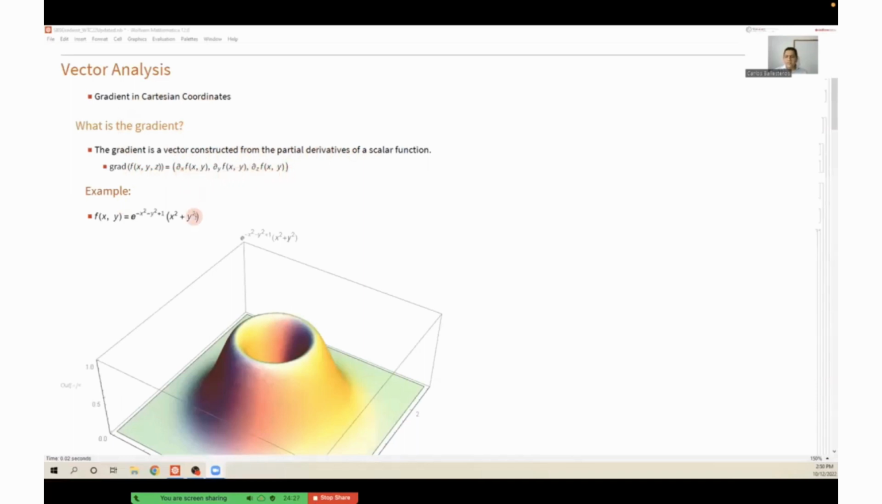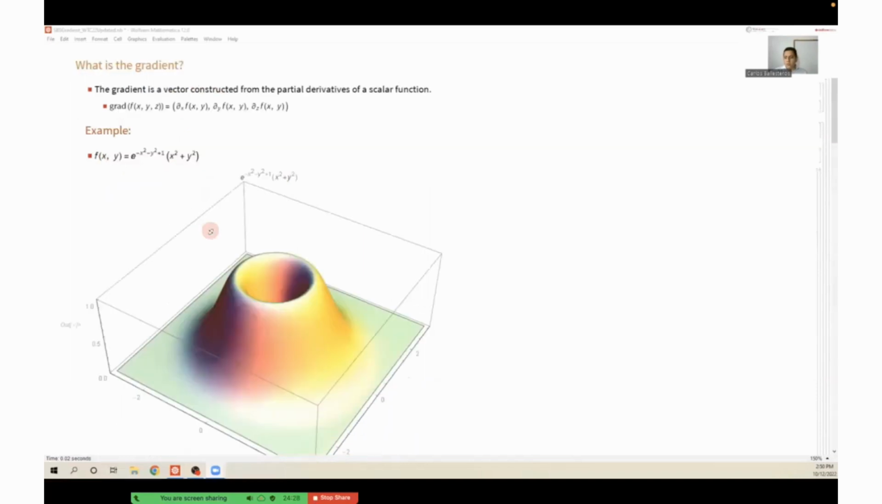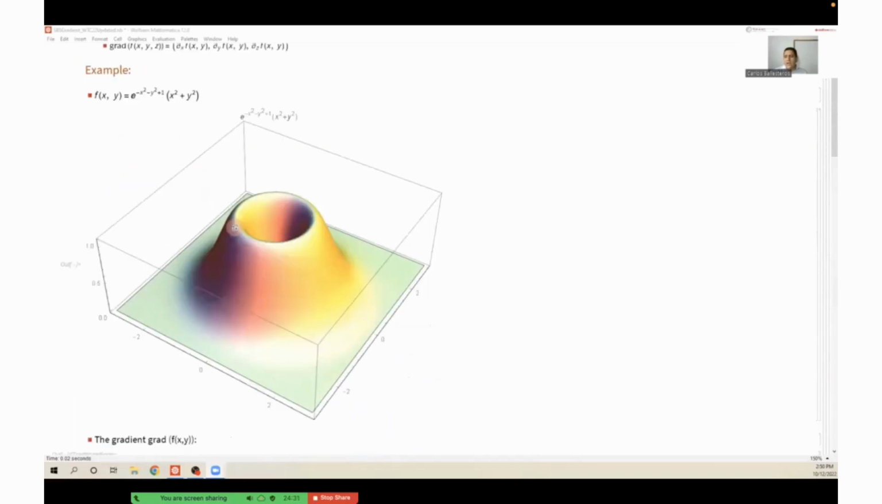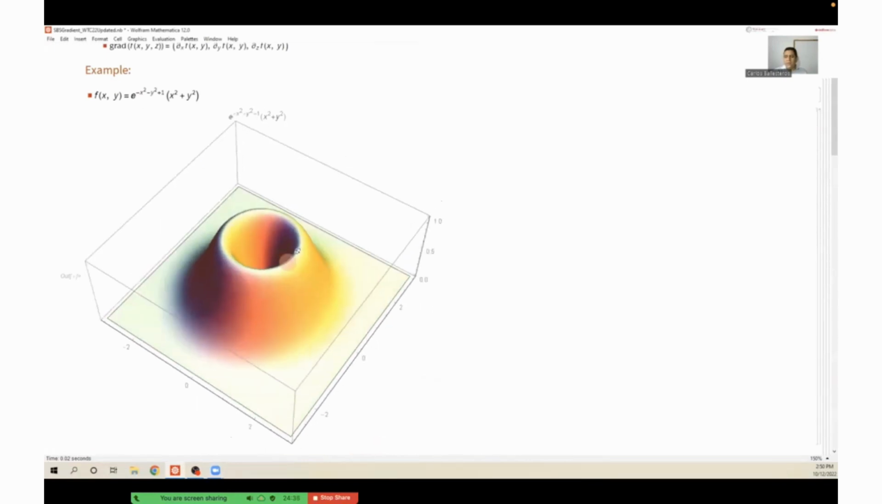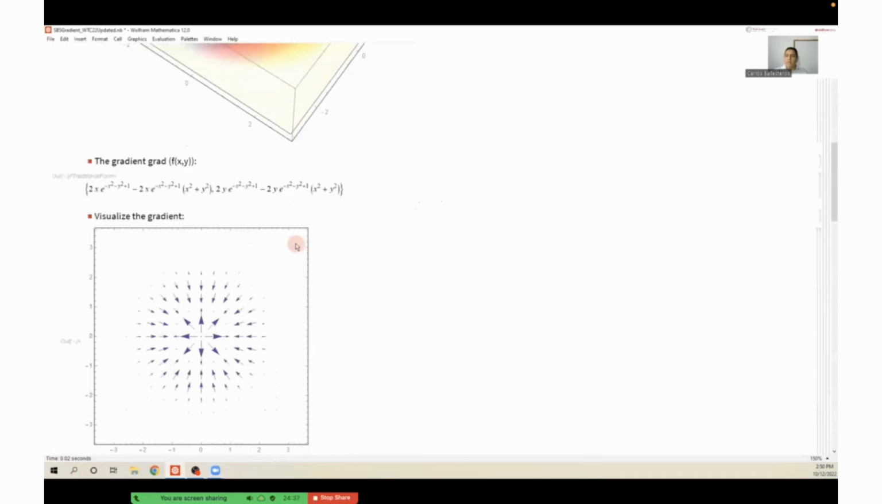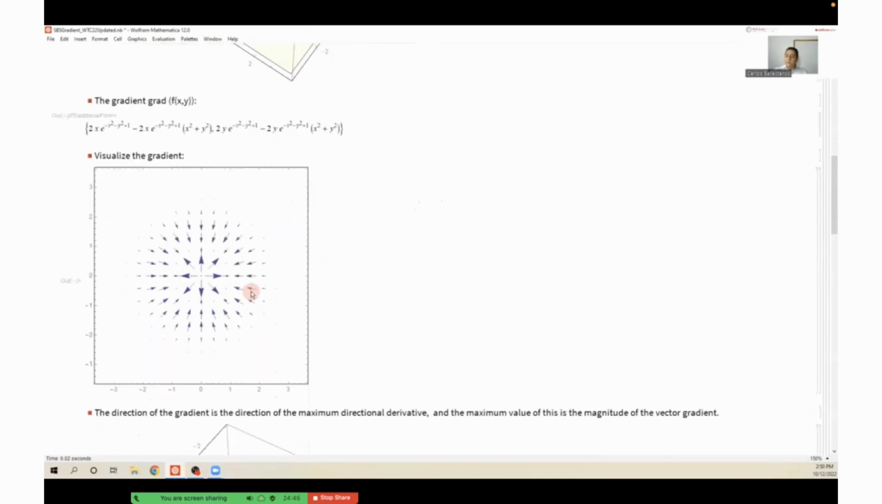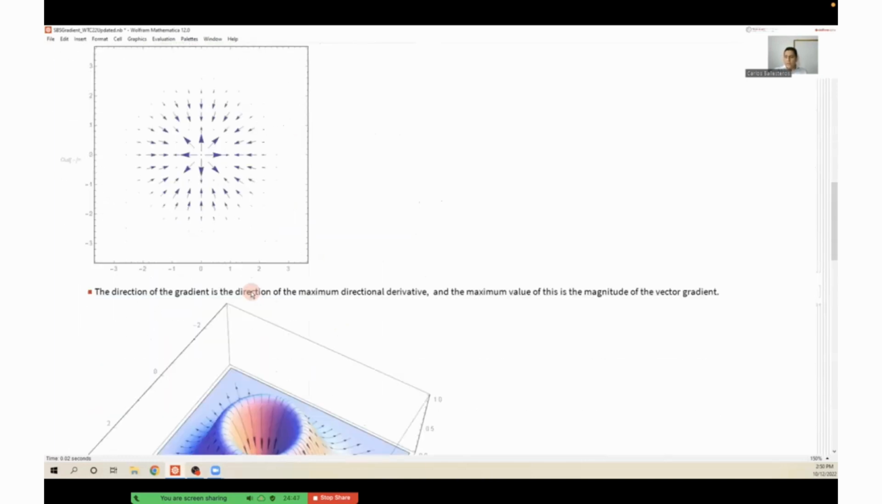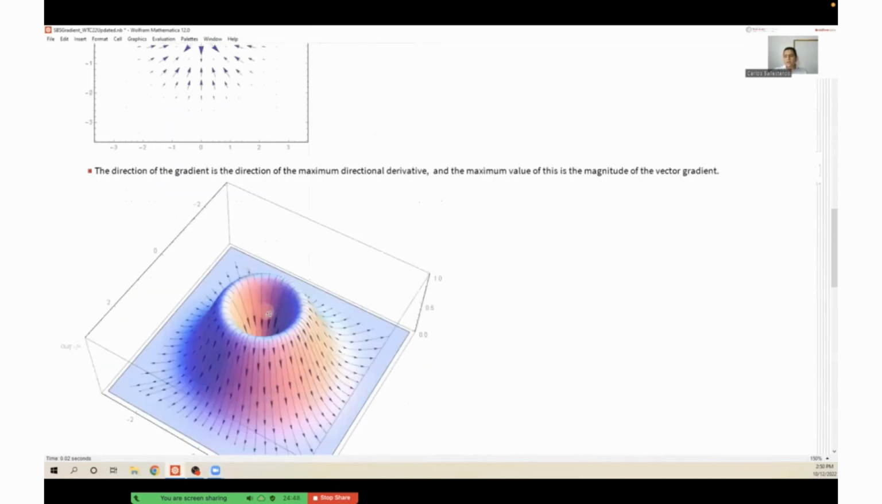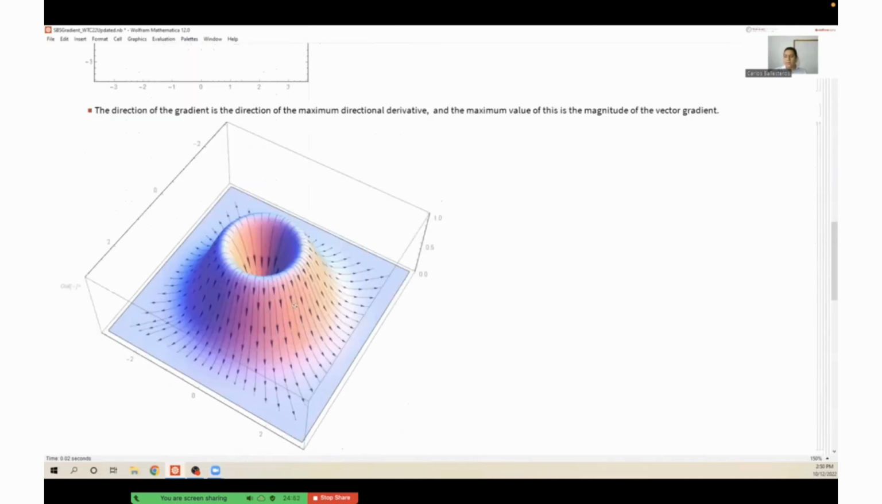Let me use this example to show how the gradient works. If we have this function here, then we can calculate the gradient and plot the vectors along the domain, and we will get this. Something useful using Mathematica is that we can project those arrows along the surface, and then we will get this